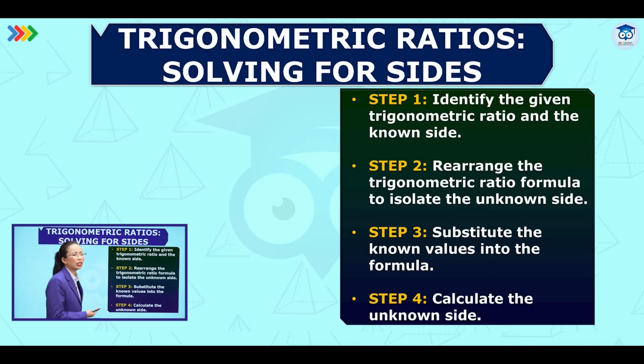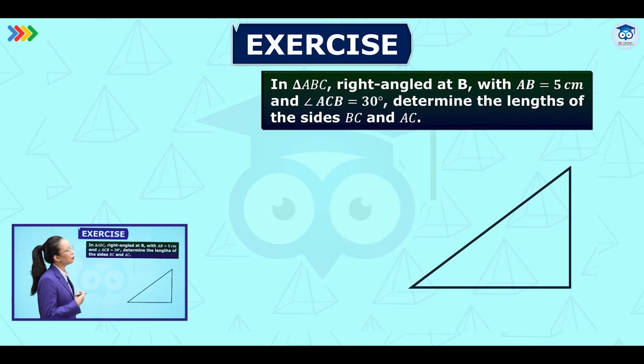That means we will be checking which is given, and in that ratio, which sides we have to use. That we have to check. Then we are going to substitute the known value into the formula and calculate the unknown side. Similarly, you can apply it for unknown angles also if you want. The same rule you have to apply.